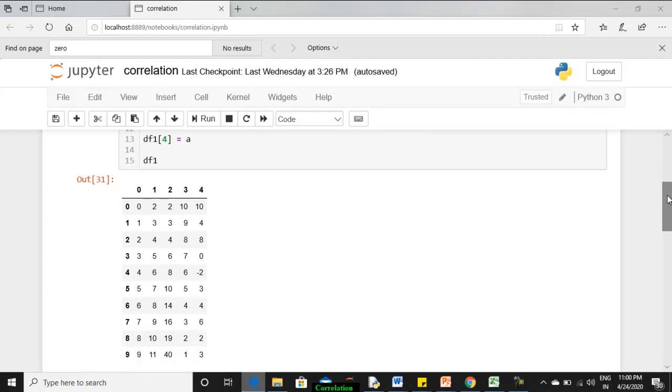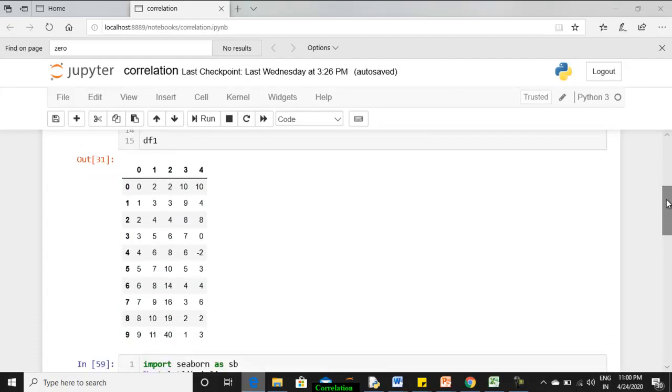If you have already gone through the video on the theoretical presentation of correlation, you can recognize how it looks. See here, if you assume the first attribute to be x and the second attribute to be y, the difference in x is always 1, whereas the difference in y is also always 1. From 0 to 1 there is an increase, from 2 to 3, similarly 1 to 2, 3 to 4. So throughout all the rows, if there is an increase of 1 unit in column 0, there is an increase of 1 unit in column 1.